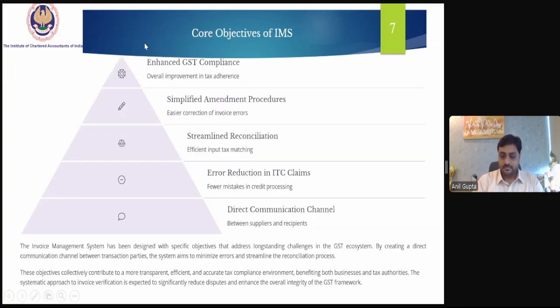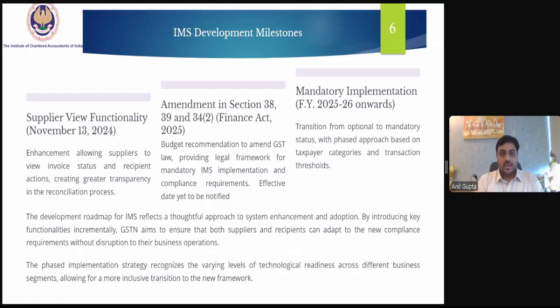Moving on. There is also functionality available on the supplier's side, which was issued on 13 November 2024. There has been an enhancement allowing suppliers to view invoice status and recipient action, creating greater transparency in the reconciliation process.